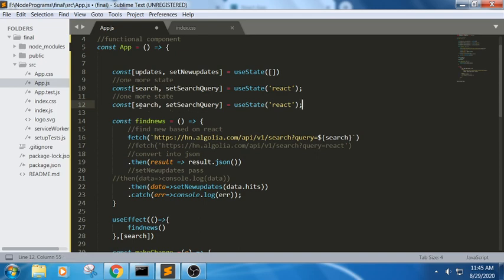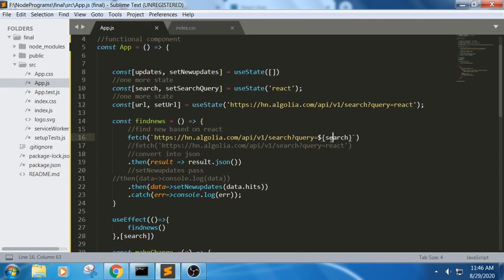So here I am trying to pass url and setUrl. In this setUrl, in this useState, I am trying to pass this complete part. Let me pass this complete part. In the sense, by default the value is React here. The initial state would be React for this. Now in the fetch news, we are trying to fetch the news based on that query, in the sense based upon this user input field.